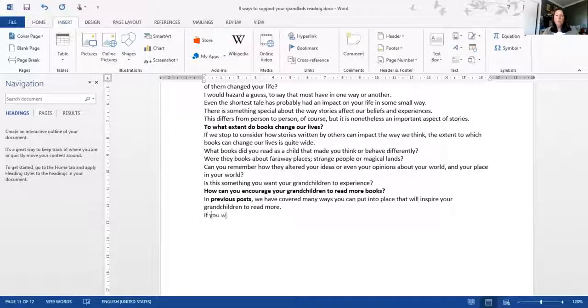If you want your grandchildren to live the wonders and excitement that you did while reading a book, then it is up to you to provide them with books and reading material